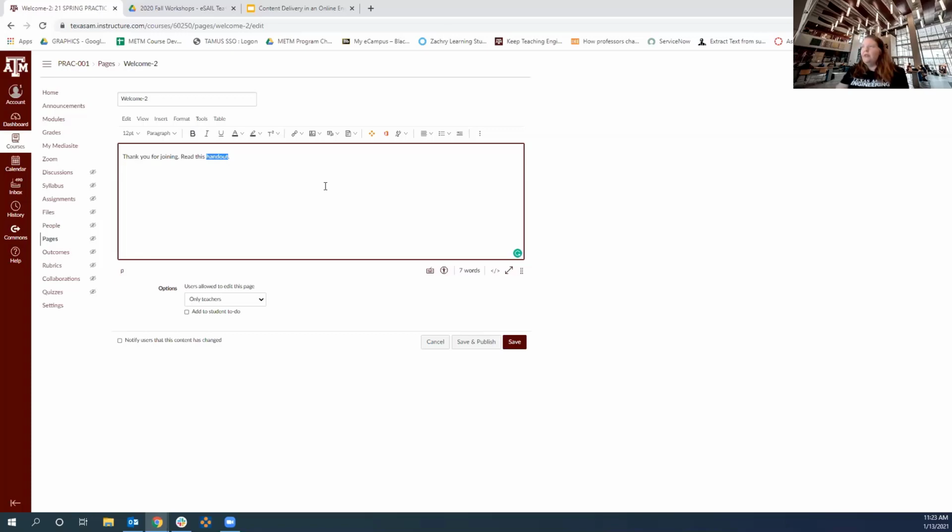To insert a file, you have a couple different ways to get there from the rich text editor. And the obvious way is there's insert, and then we have a document. So if you wanted to upload it from your computer, you could do that. Course documents is where this files area is here. So if you already have it in your course documents area in the files, that's where that is.